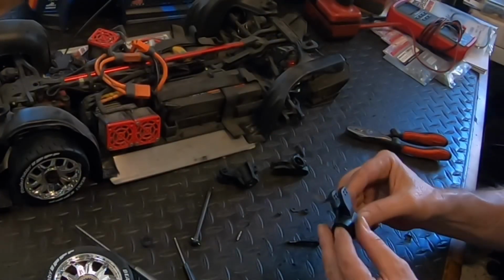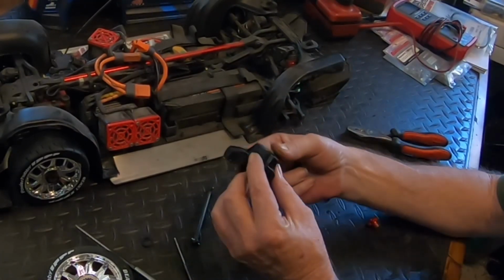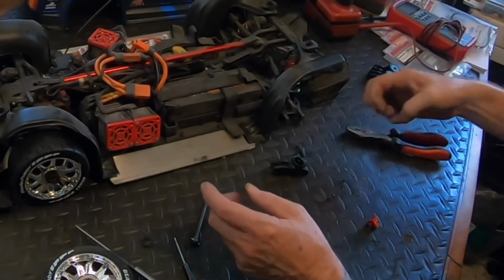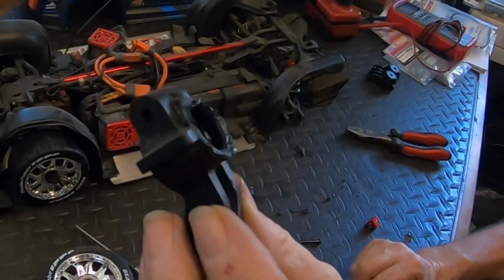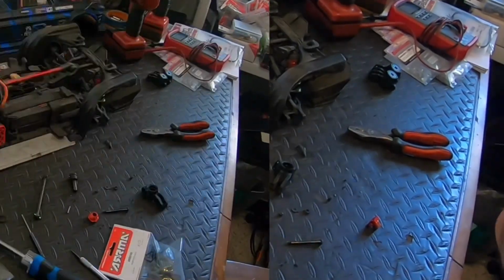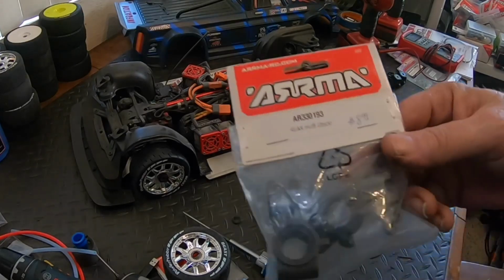Well, let me see if I have the right hubs, because these hubs are definitely too big, which I'm shocked. I don't know what those hubs are for, but this hub is just, it's eaten up. So let me see if I can find a hub. Be right back. All right, so bearing carrier